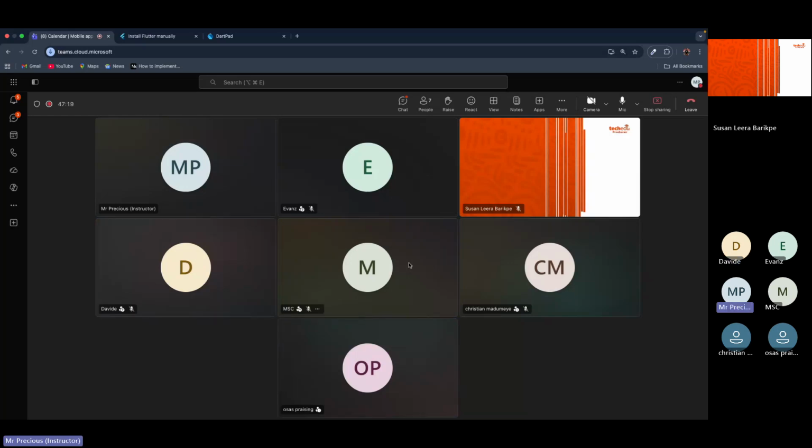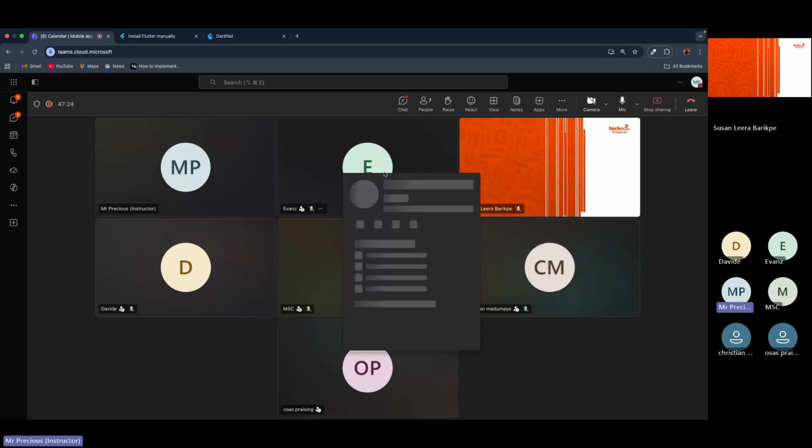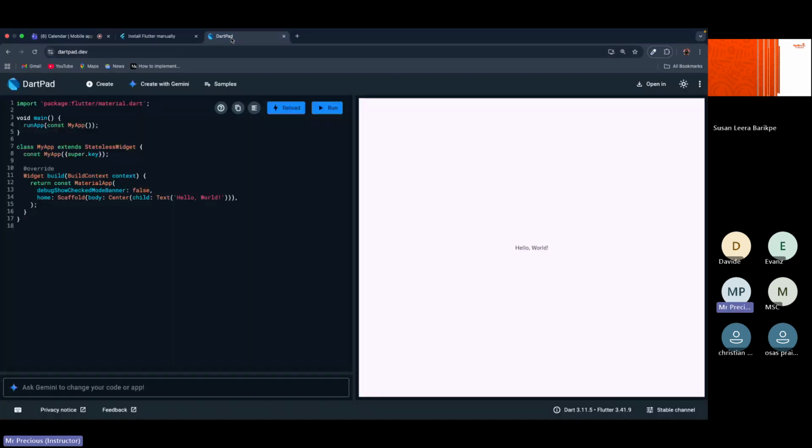All right, so if that is what you are on the call with, you should visit this website on your Chrome browser. Visit datapad.dev. On this datapad.dev website, if it has loaded for you, then you should